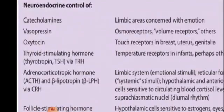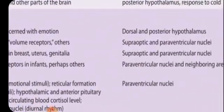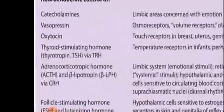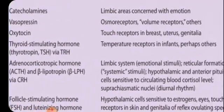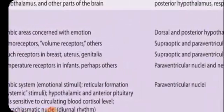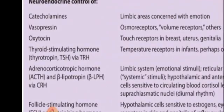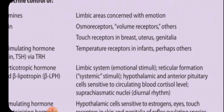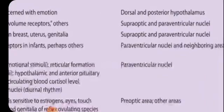Oxytocin, you have touch receptors present in the breast, uterus and genitalia, and the fibers end the same as the previous hormone, the supraoptic and the paraventricular nuclei, vasopressin. So vasopressin and oxytocin, you can see that they are ending on the same nuclei. Now if you look at the thyroid stimulating hormone, which comes via the thyrotropin releasing hormone, you can see that the temperature receptors are present in infants, and it finally ends on the paraventricular nuclei and the neighboring areas